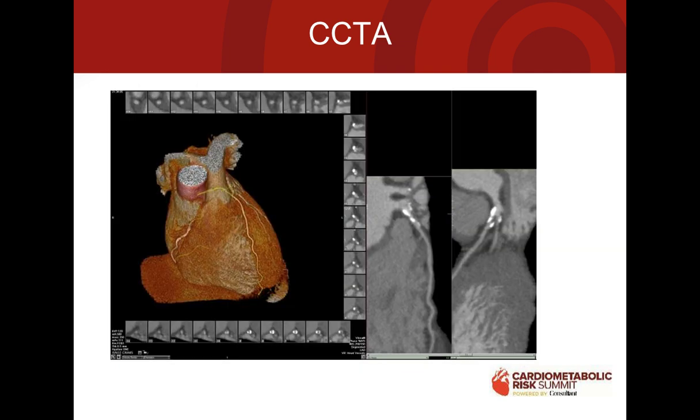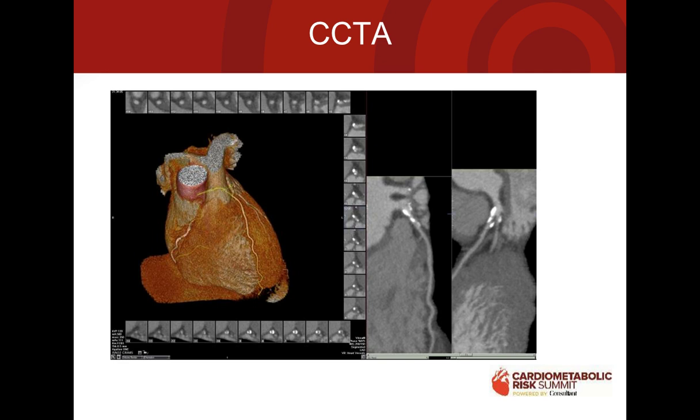Here's a picture of what these tests look like when we perform them. The panel on the left is a 3D reconstruction of the heart. This is fully manipulable with the mouse, so I'm just in the lab moving this around. I can see the course of the arteries. Around that 3D model, you see a stack of cross-sectional images. Those are the coronary artery cut cross-sectionally, so I can see the lumen and just how much is being